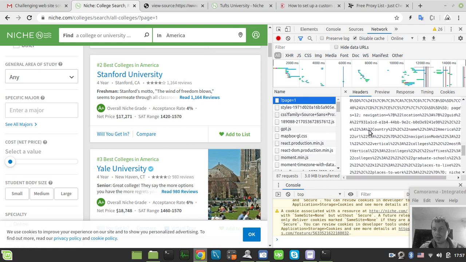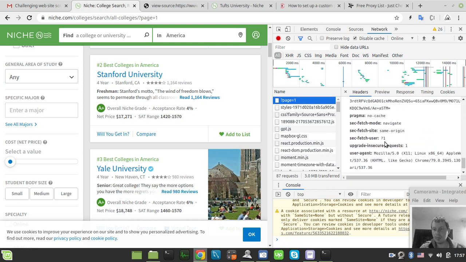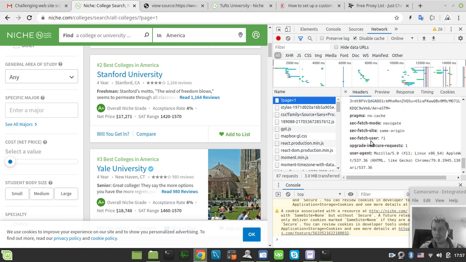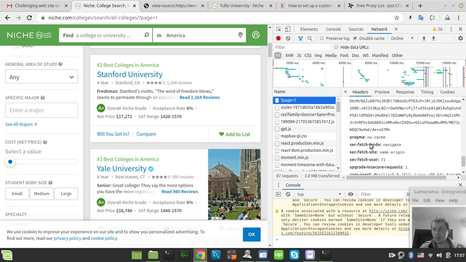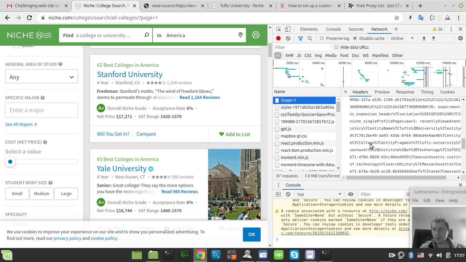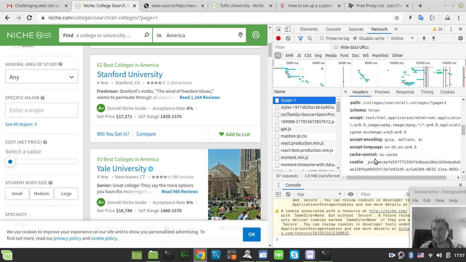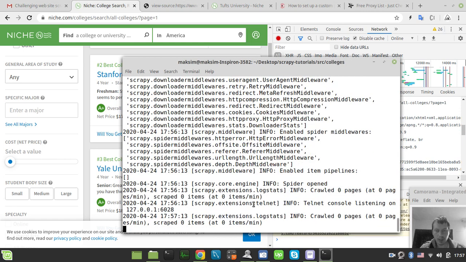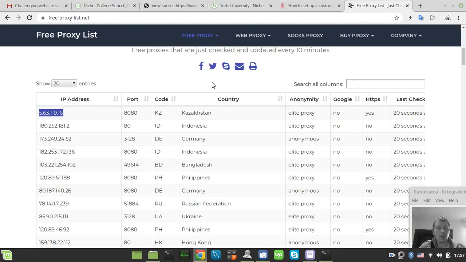So which one to consider? Well, usually it's all about the referer, but it doesn't even have the referer here, right? Sec-Fetch-User, same-origin, navigate. So just the big cookies here. Okay, do we have something here? Okay, let's try